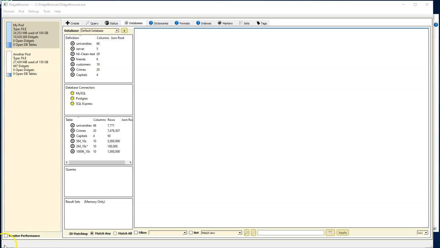So here's our browser tool that is available for free download on our website, www.digits.com. Note the spelling, how we spell digits. It's a data widget, so D-I-D-G-E-T-S. Here on the Databases tab in our tool, we have a set of table definitions, some connectors to external